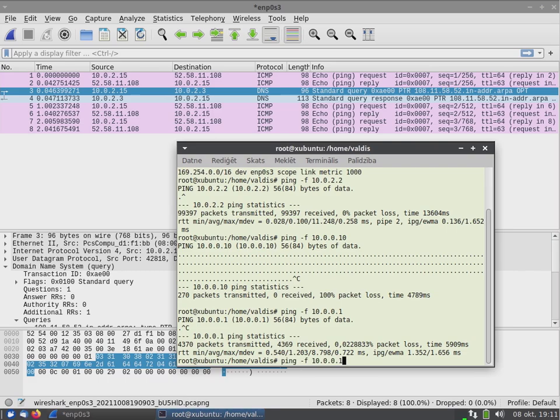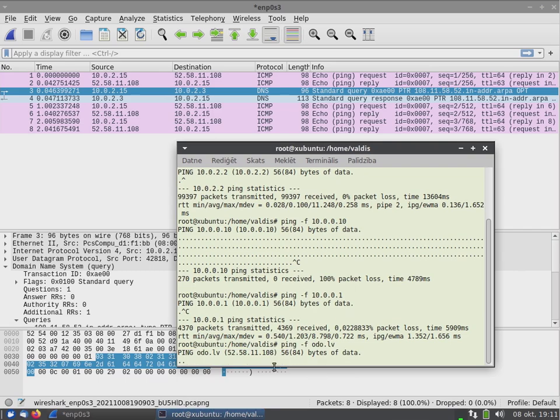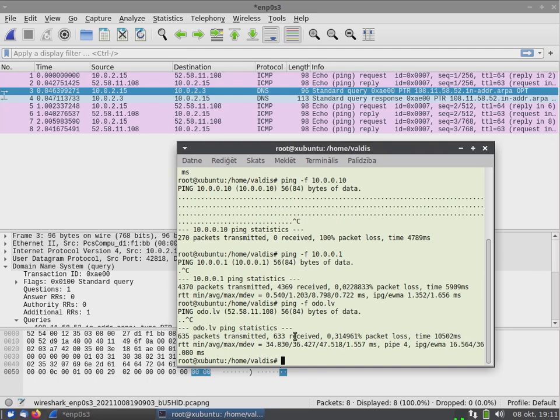And then, for example, I can also send packets as fast as possible to some remote server, and then I see that it works far slower and some of the packets are actually lost. And there are other options.